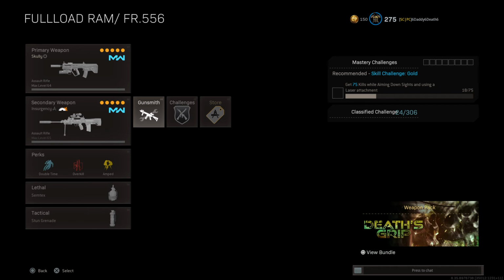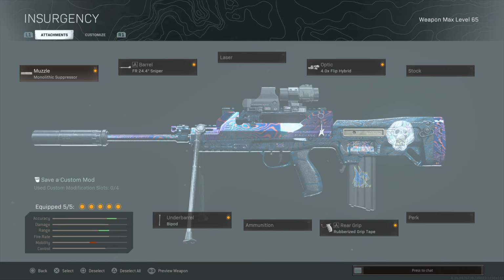And then for my medium long range, I run the FR556. Really, really big disclaimer here: you kind of got to be decent with being able to use single auto with this. I use single auto, which is just one bullet per time you tap the trigger, just like the FAL, except this is kind of like FAL on steroids, I feel like, because the monosuppressor and sniper barrel just make it